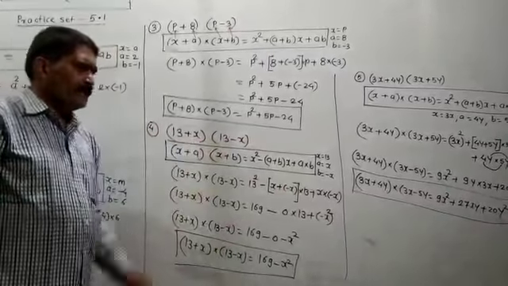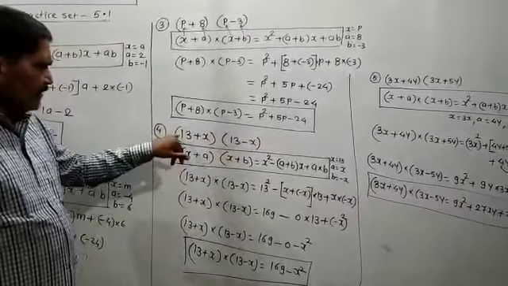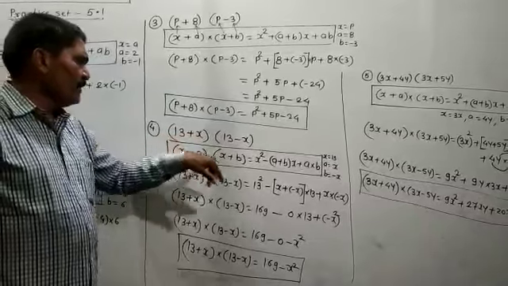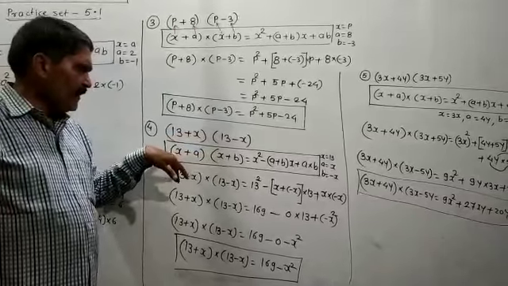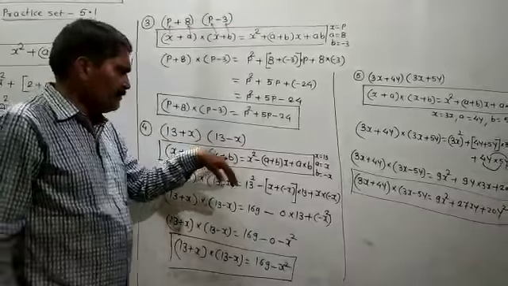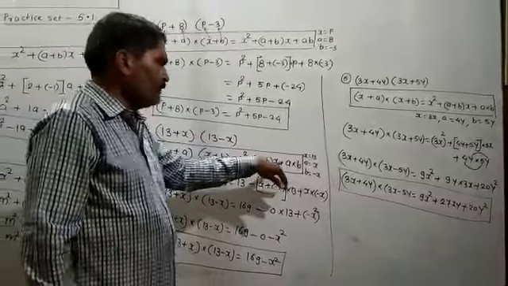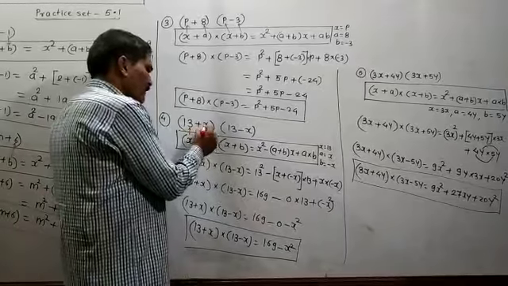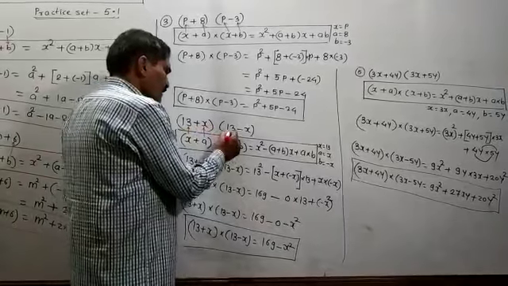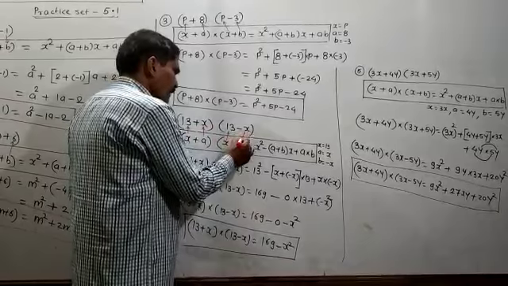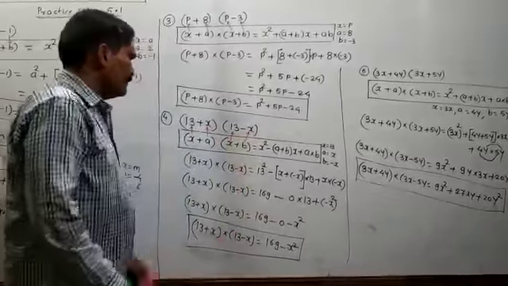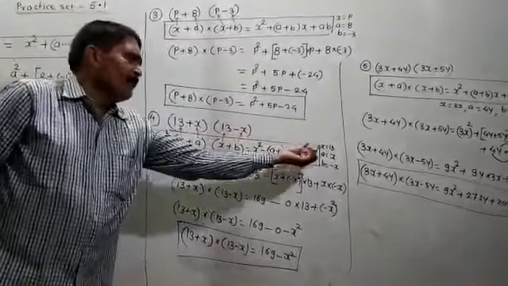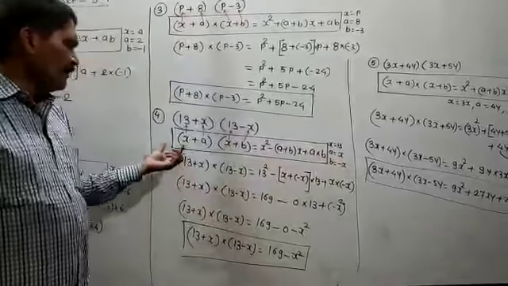13 + 6 and 13 − 6. Here you have to say that here is 13, 13, so this value of x is the same. So you have to utilize this formula: (x + a)(x + b) is equal to x² + (a + b)x + a·b. You have to take x as 13, you have to take a as x, and you have to take b as −x, and you have to put these values of x, a, b in the given formula.